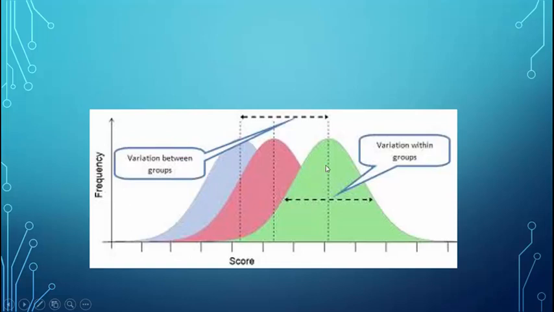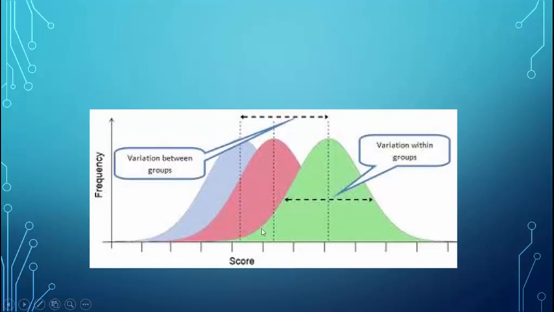And so the idea of between group variability is really what it says. It's the difference between the group means. How much difference is there between the means? Now, if you could imagine that I could slide these distributions along this axis here where it says score, the